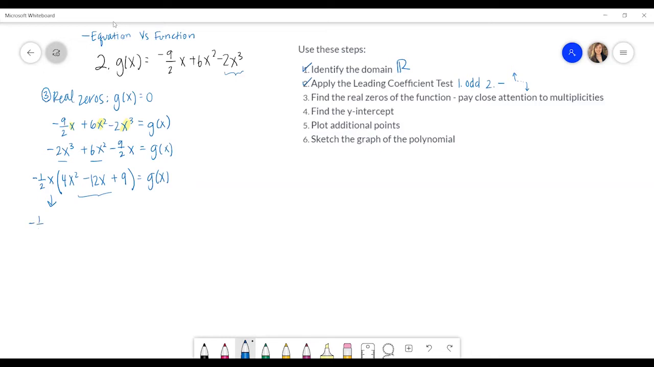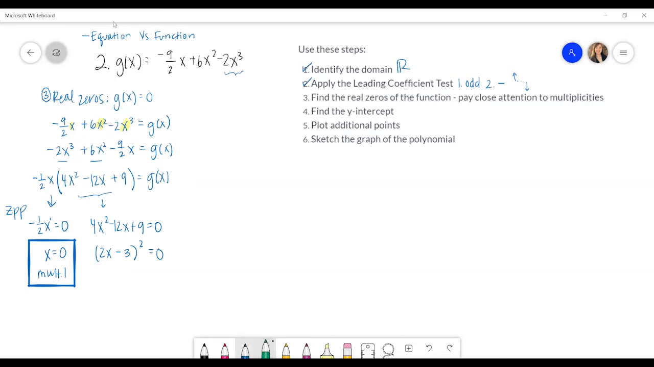negative 1/2 x is equal to 0. This is the zero product property. And then this is going to give us 4x squared minus 12x plus 9 is 0, which, like I said, factors 2x minus 3 squared is equal to 0. This one again says x is just equal to 0, and the degree out here was 1, so this is multiplicity 1. There's one of your real zeros. Here, notice it's squared, so we are going to have multiplicity 2,